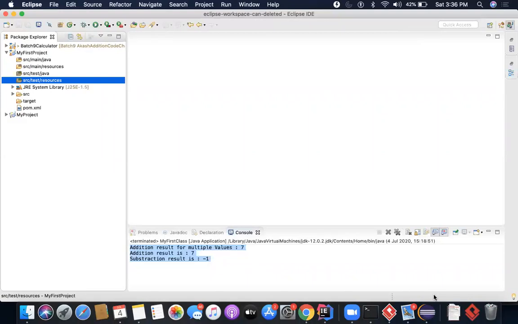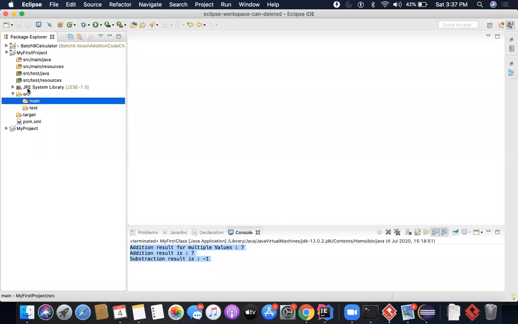Okay. If there is a problem with your Maven, then it will not look like this. It will look something like this. Only these things would be displayed. This will not be displayed. Then you can simply understand that your Maven with Eclipse is not working. And when that happens, you take a screenshot, post it on the group, and I'll try to solve it for you. Okay. So this is what you're going to see in the beginning.